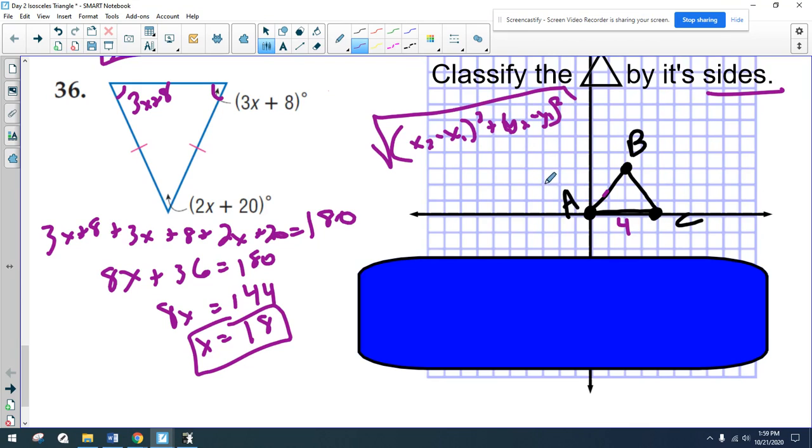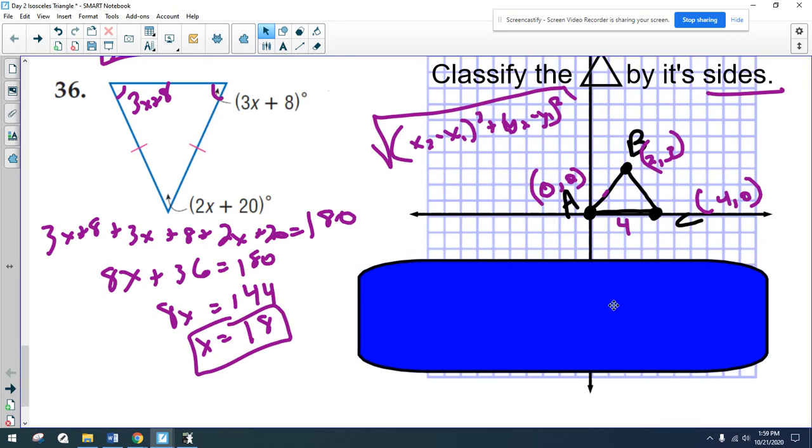So you got to find your coordinates. A is 0, 0. B is 2, 3. So you'd have to find the length from A to B. You have to plug them in, find out what your side length is. And then you use B and C, which is 4, 0. So use B and C to find the length of BC. So when you plug those into your distance formula,